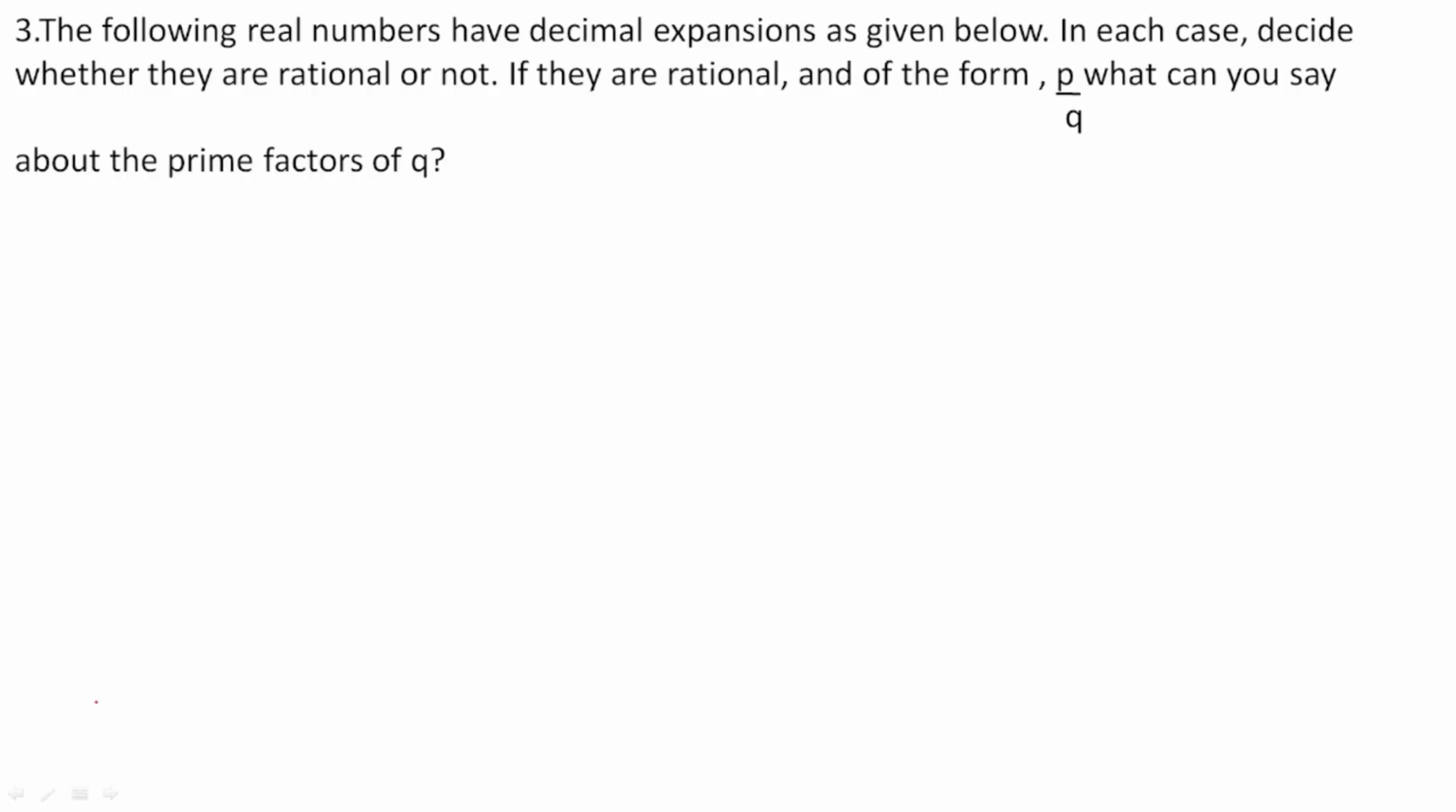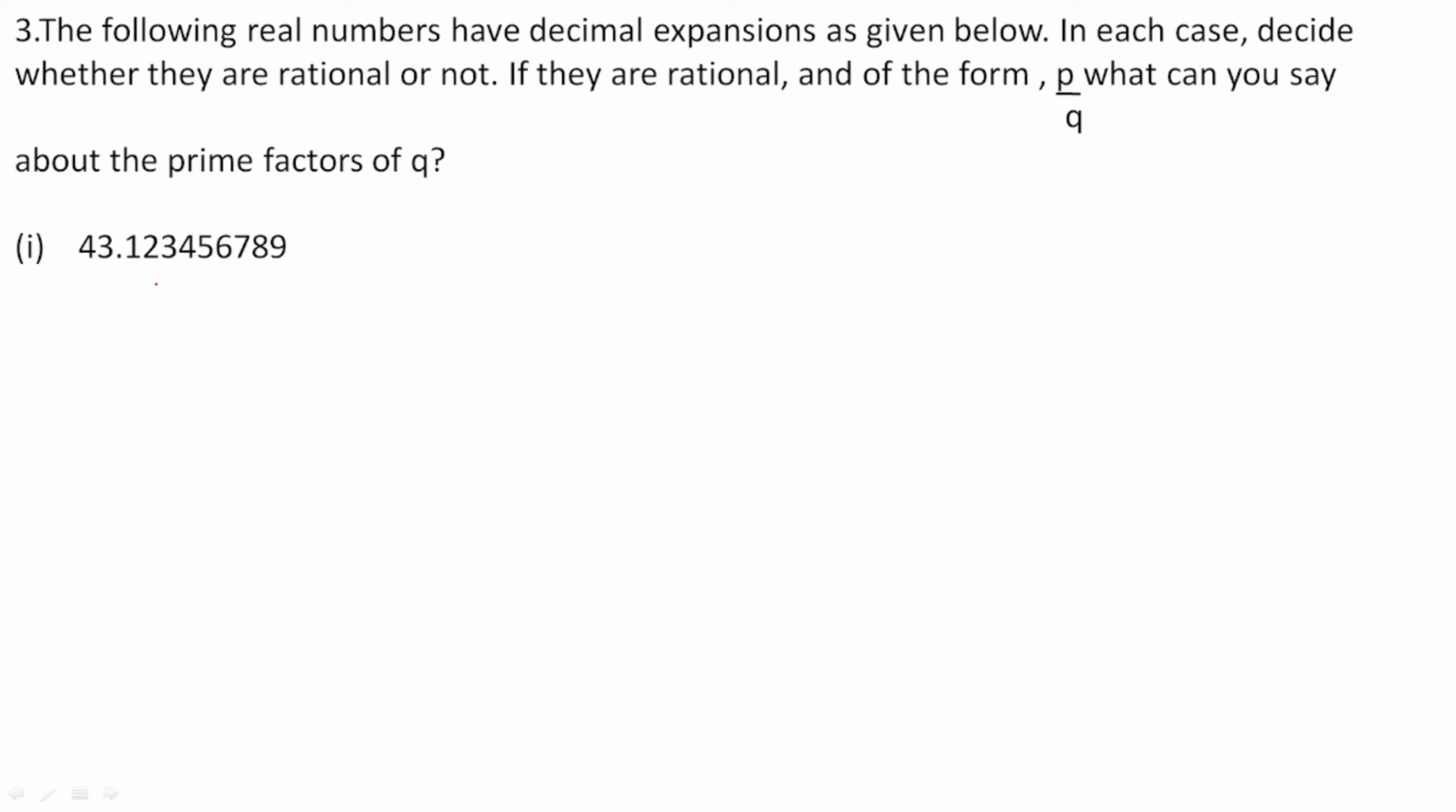Next question says that the following real numbers have decimal expansions as given below. In each case, you have to decide whether they are rational or not. If they are rational and of the form P upon Q, what can you say about the prime factors of Q? That is what is asked. You have to find out whether a number is rational or not. The first question is